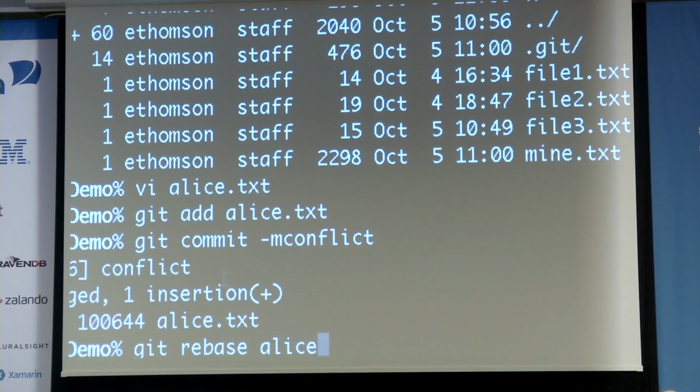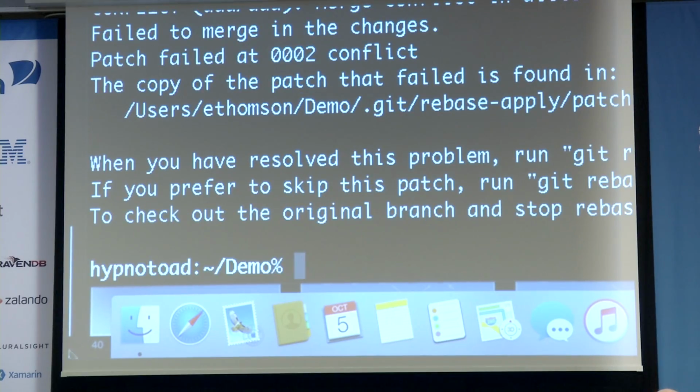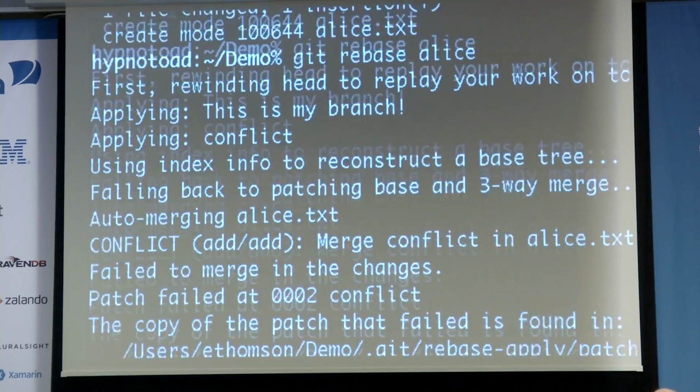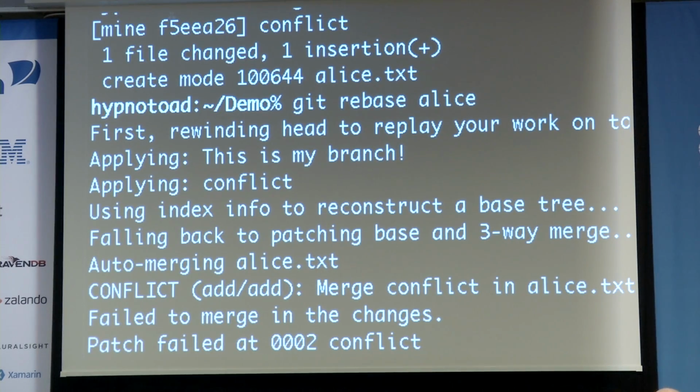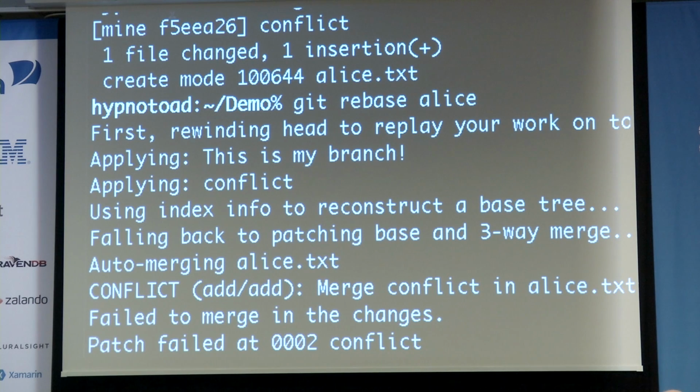what it's going to do, it says that... Wow, it gave a lot of output. The first thing it says is rewinding head to replay your work on top of it, which is one of those messages in Git where it's like, I don't understand what that means. So what it's actually done there is it's created a patch file of all of the commits in my branch that it wants to apply onto Alice's. And then it's rewound the head, meaning it's checked out Alice's